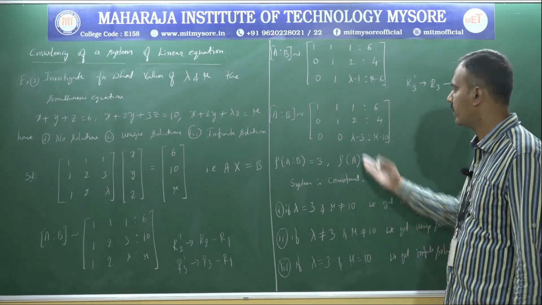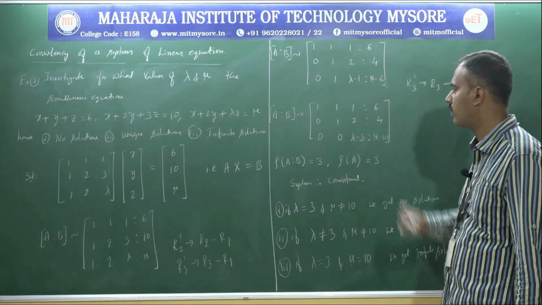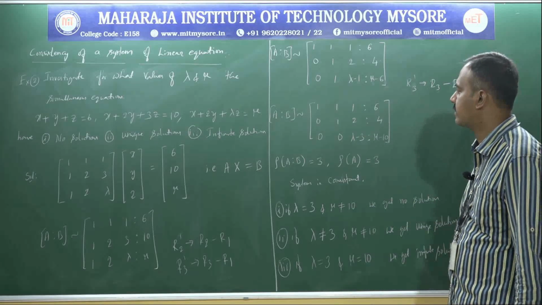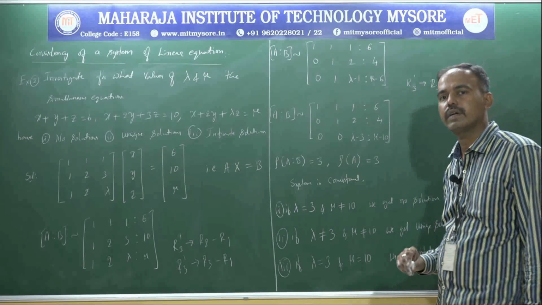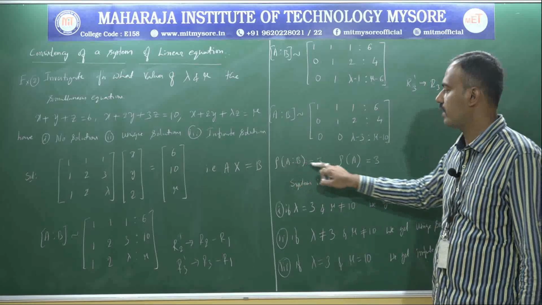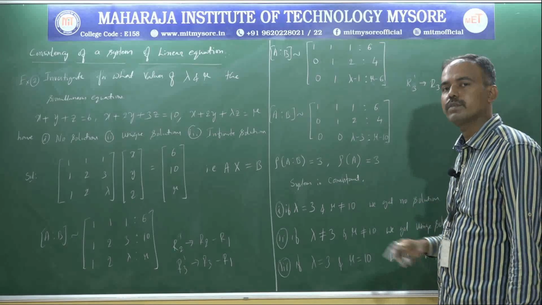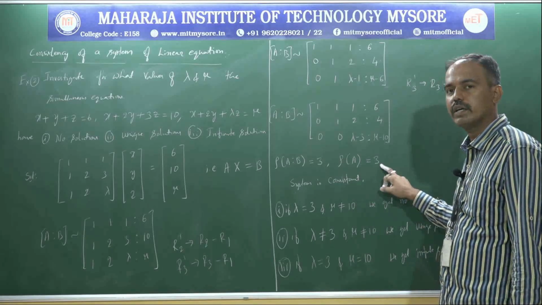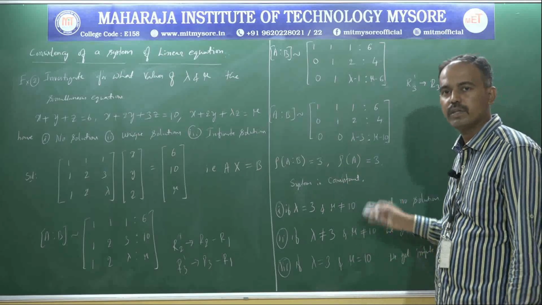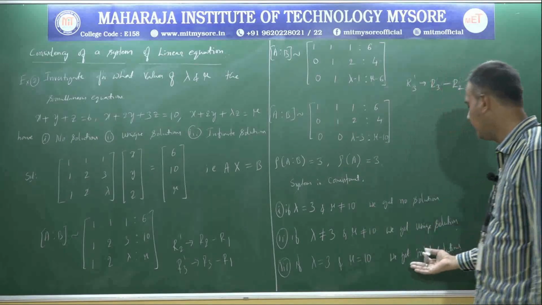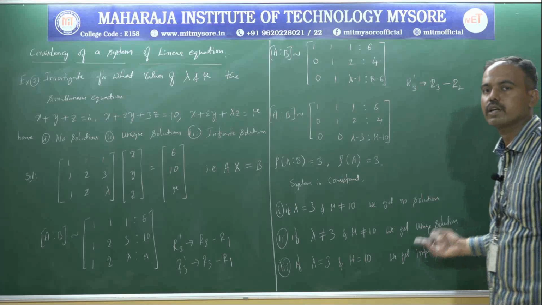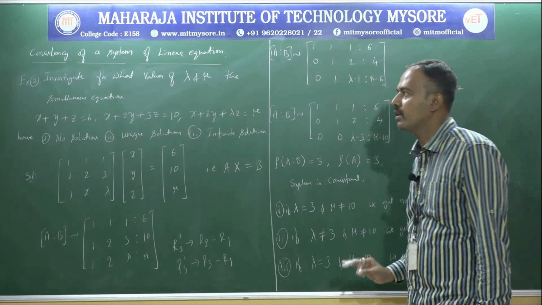Okay, that is the important thing. Here also 0 means what about the rank of the matrix? The rank of the augmented matrix is 2. The rank of the coefficient matrix A is also 2, but n is 3, which is greater than the rank, so we get an infinite number of solutions here. That is the important thing. Is it clear, all of you?